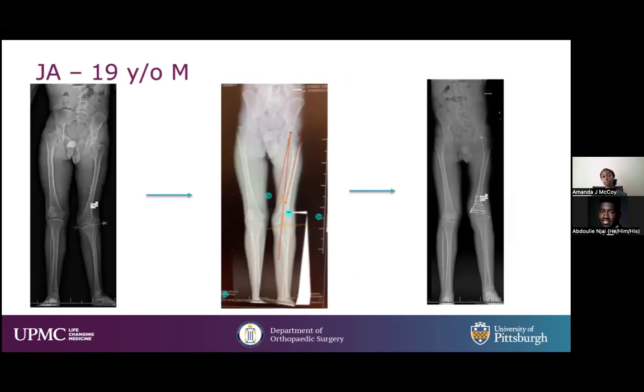So this is just an example of a patient I took care of recently. He had a septic knee when he was younger, and that led to a valgus deformity and external rotation and patellar subluxation and a whole bunch of things. But also he had a very stiff knee and he had a flexion contracture. And so for him, I initially planned to do a 2-stage procedure. I was going to address his distal femur deformity, and then I was going to address his proximal tibial deformity